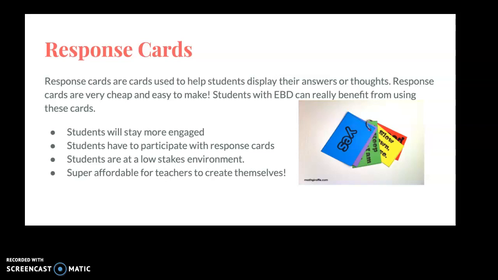All you have to do is print out a few pieces of colored paper. You can write on them. Some response cards are already made up for them. All they do is print them out and cut them out. And you can laminate them just to keep them longer and reuse them more often. But this is a very great, effective, and cost-efficient way to get students with emotional behavior disorder really into the